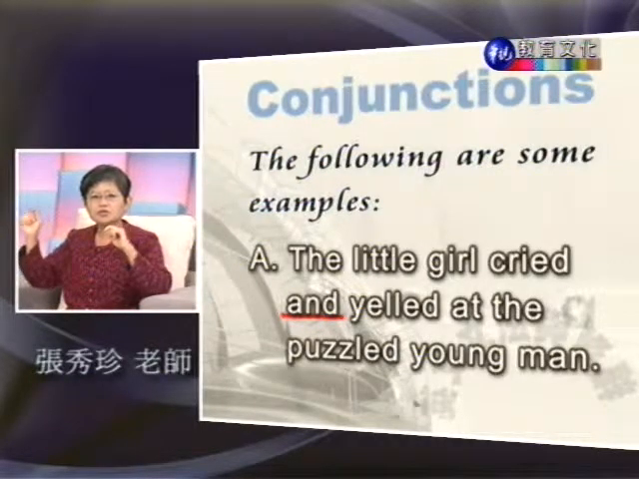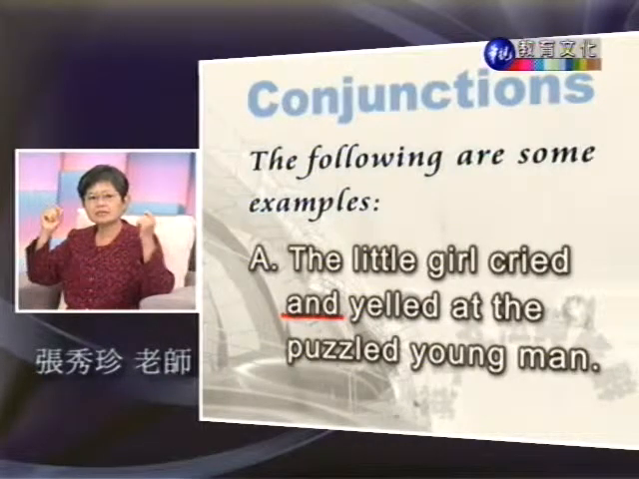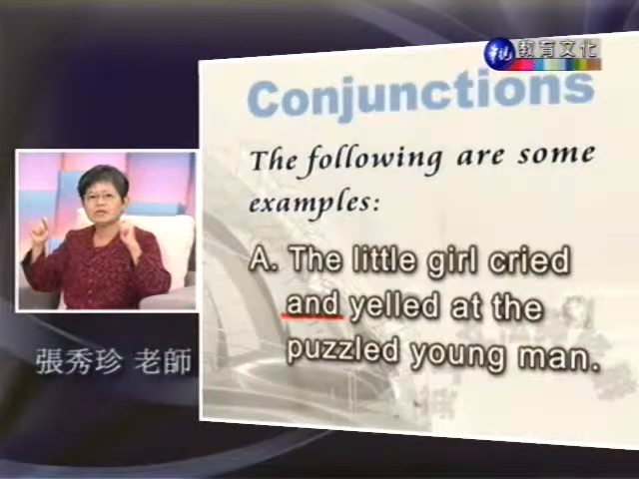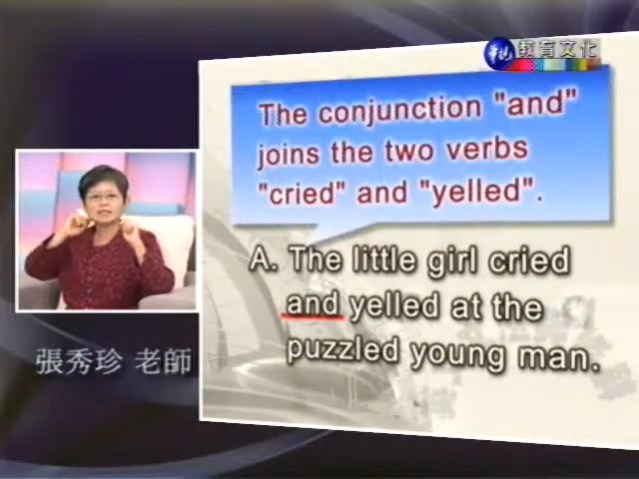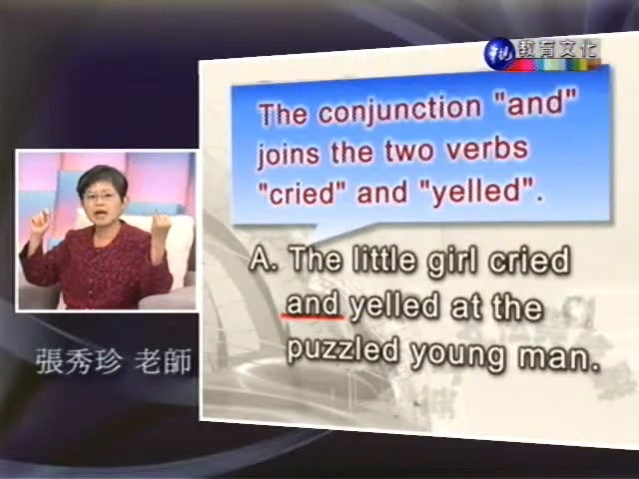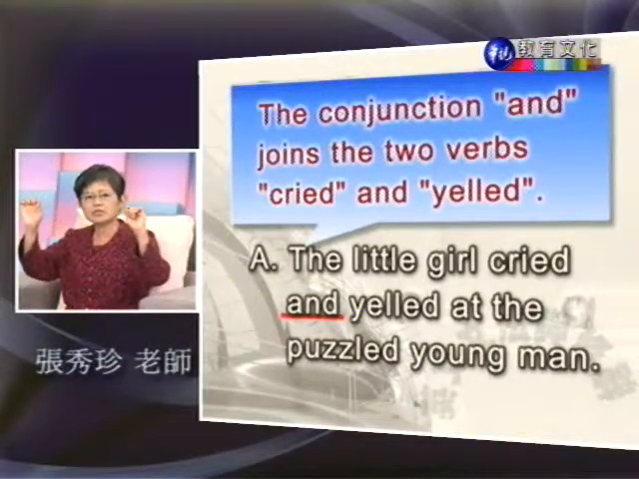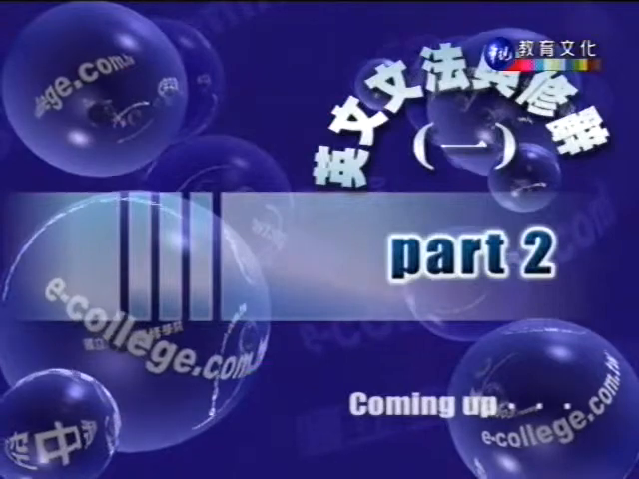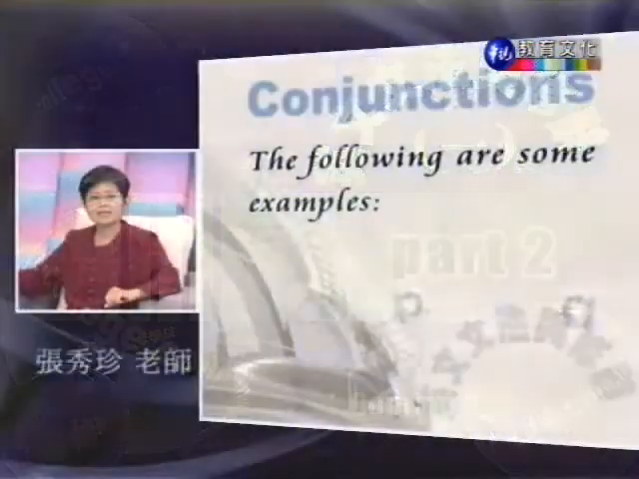Puzzle 这个字可以当名词，可是这边当动词，其实这是一个过去分词，当成形容词来用，就是困惑的年轻人。就是这个小女孩对着这个困惑的年轻人又哭又叫。这边的连接词 and，它是连接这两个动词，cried 是过去式，cry 是哭，yell 是叫，这两个动词是对等的，都是动词，用 and 来连接。